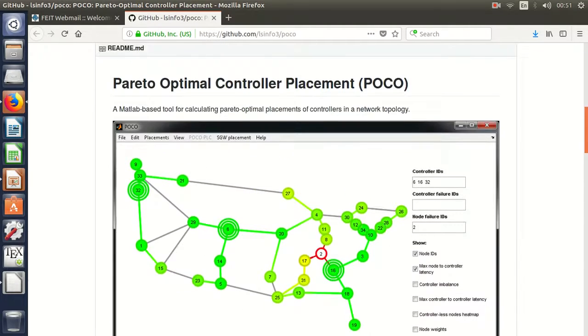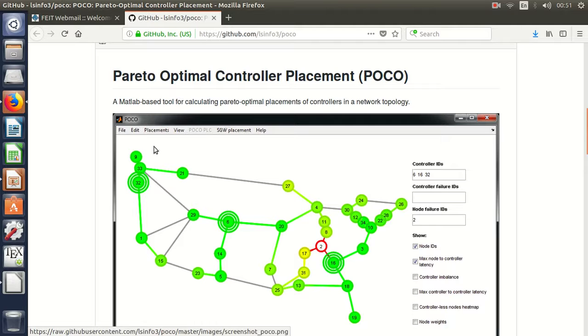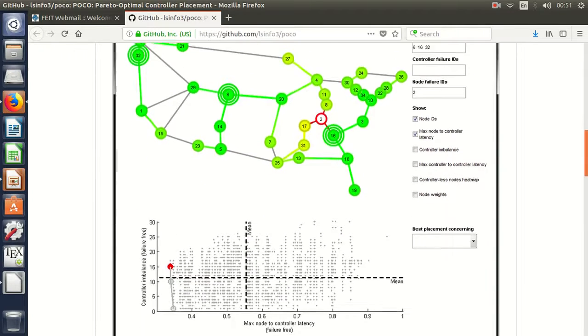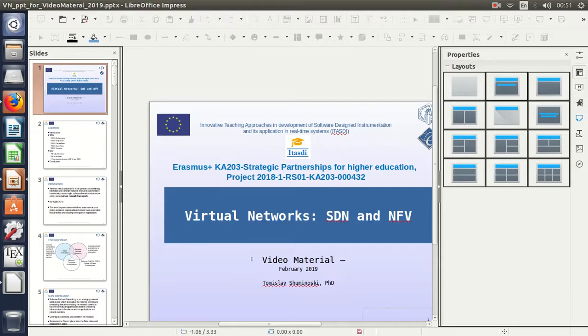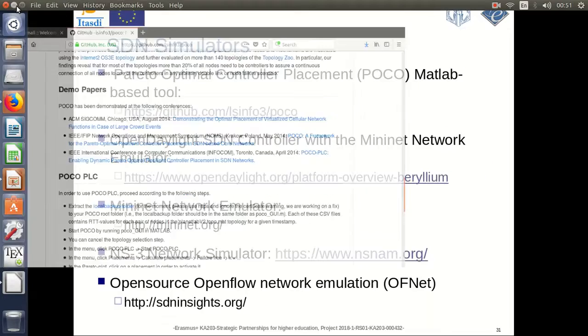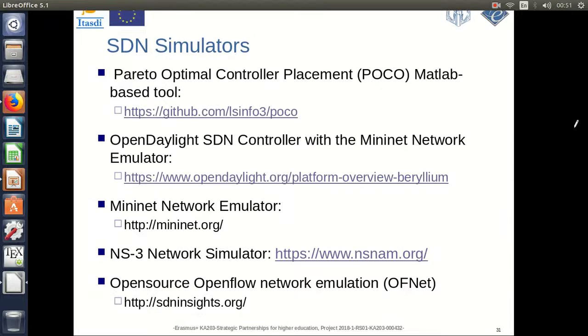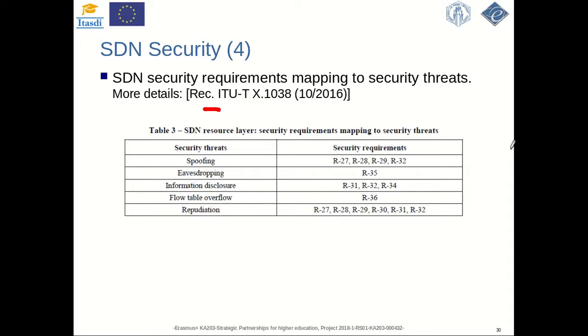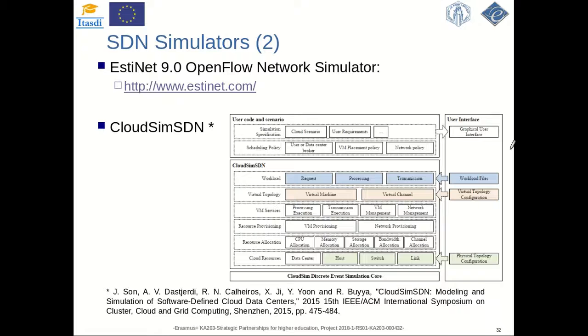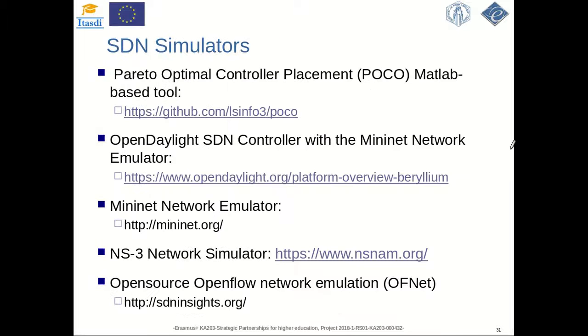In the beginning, we have a demo platform made in MATLAB. Of course, we need a license for MATLAB in order to run this, but there are many other simulators which are open source, like Network Simulator, Mininet network emulator, and others, which go without license because they are open, free, and open source.